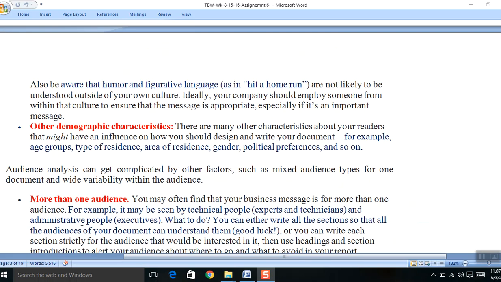These are the demographic characteristics: age groups, type of residence, area of residence, gender, political